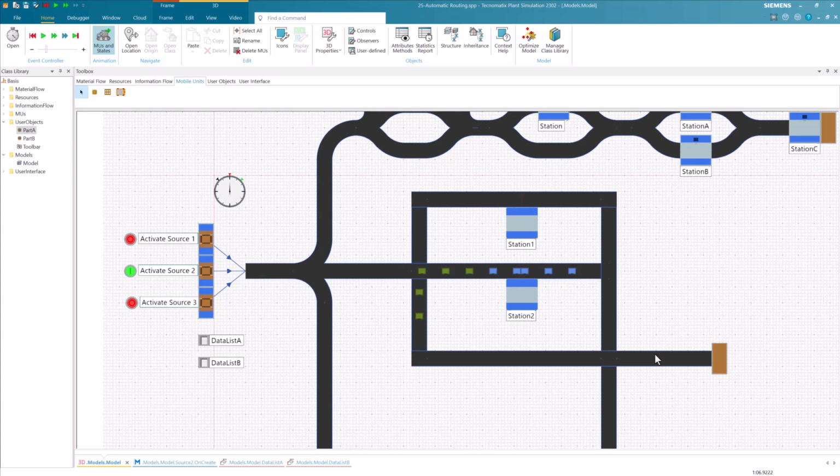We will now showcase what would happen if we extend our model and add 2 routes where we have a station involved.